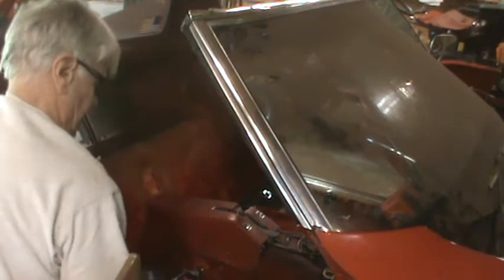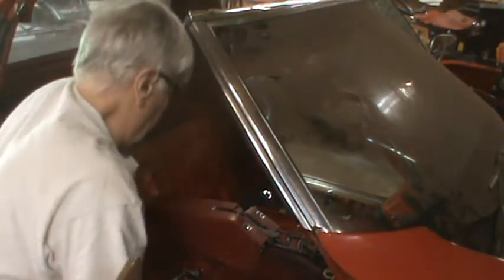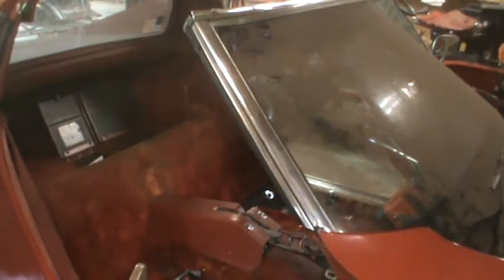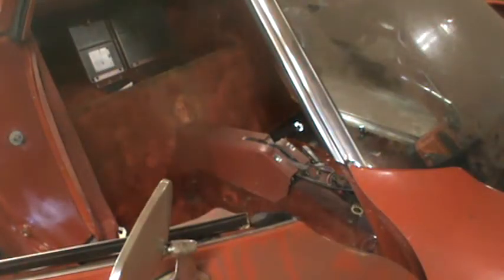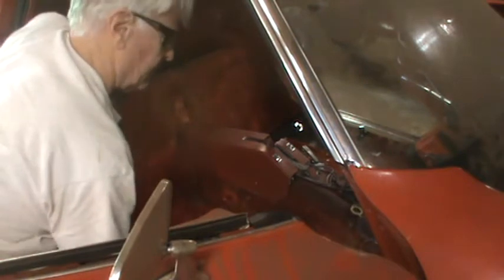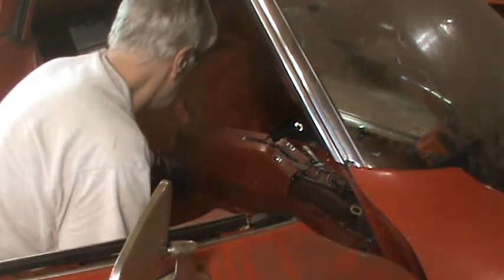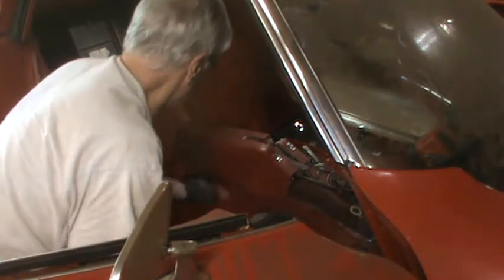Okay, I'll get this stuff out of the way and then I'll pull the carpet out. I'm going to just start pulling that down from the front. I'll slip it out from under the console here. That console's going to come out eventually, but in order to take it out,